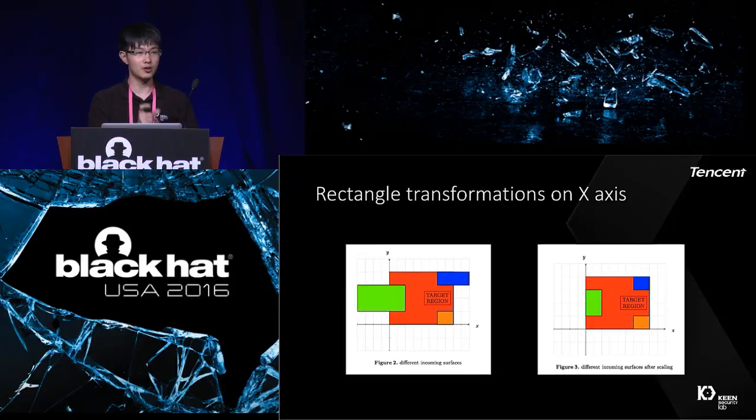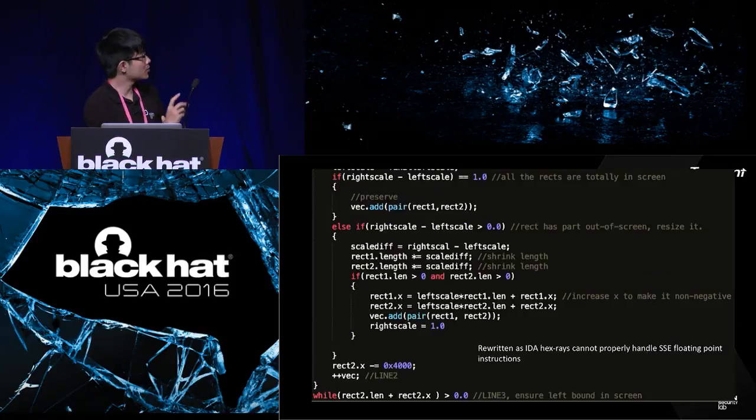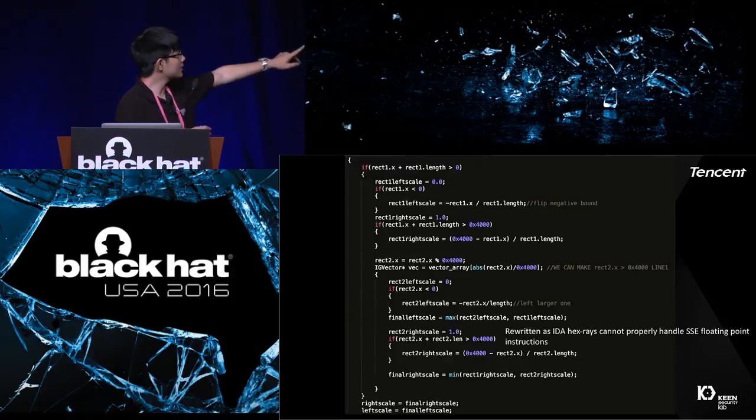So they need to be normalized using the same scale factor. If the two rectangles are already in the screen, as you can see in the first if statement, then it will not normalize; it just preserves the rectangle. But if you have a right boundary or left boundary out of the screen, it will do some substantial operations. But for our bug, we can see that at line 1, it